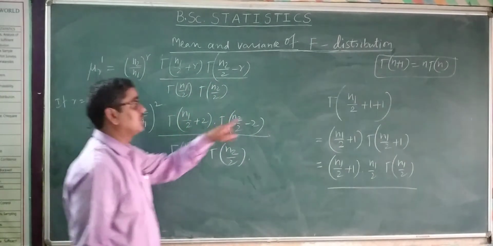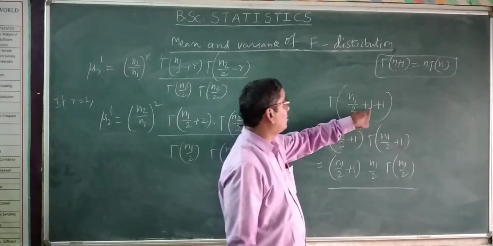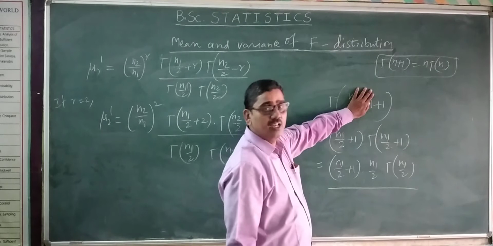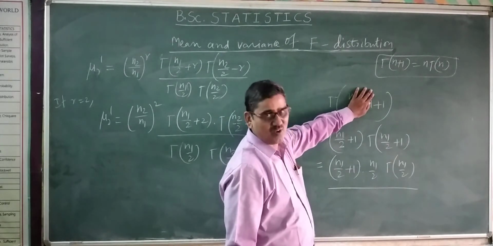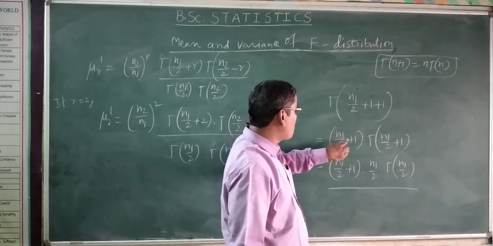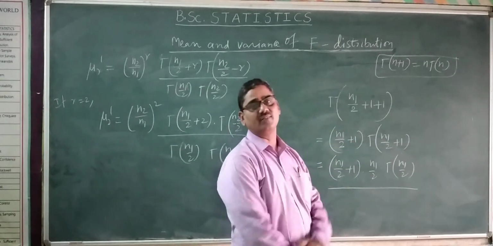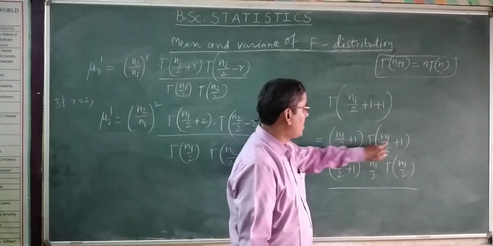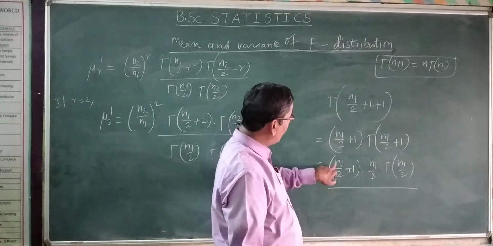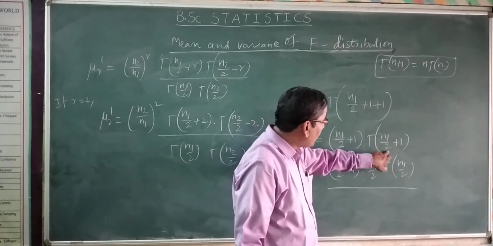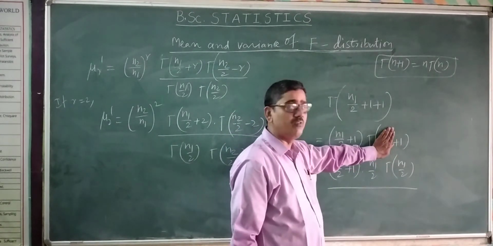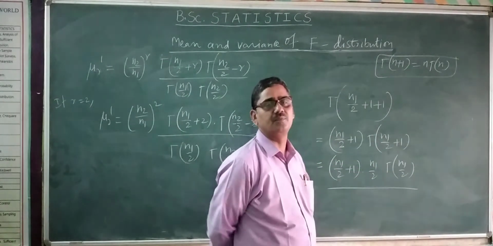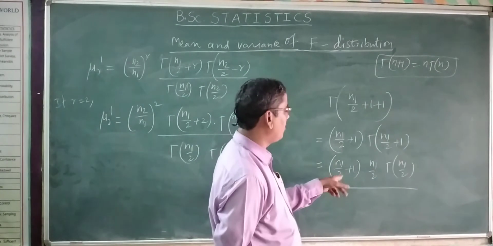Gamma of n1 by 2 plus 2, I am writing as n1 by 2 plus 1 plus 1. So gamma, I am considering this as m, what is that? n1 by 2 plus 1. So gamma of n1 by 2 plus 1. We have applied the formula gamma n plus 1 equals n gamma n. Now again, n1 by 2 plus 1 into, now this value can be written directly. If we consider some m, gamma m plus 1 is m into gamma m, so n1 by 2 into gamma n1 by 2. So this is the way you have to write this.